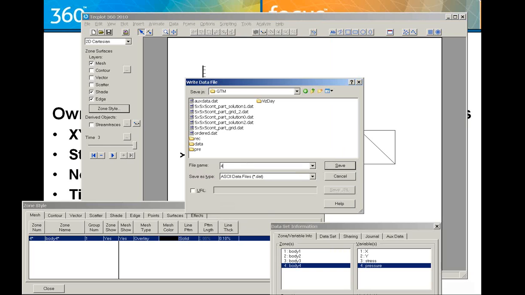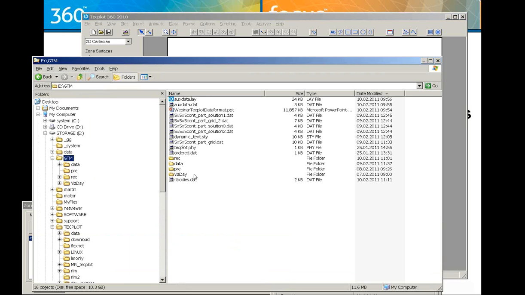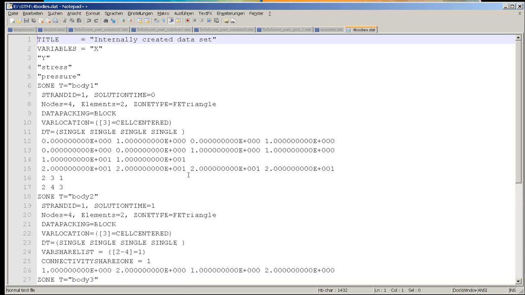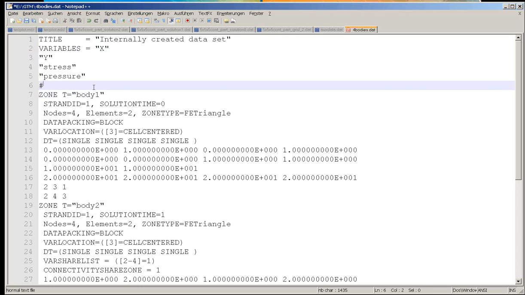So we have 4 bodies, and let's take a look here into the dataset. 4 bodies, and what we see here are different entries in the dataset. So the first 4 lines here are the so-called file header. It starts with title, of course. You can put some other information here. Then you have the variable names, and then you see here, this is our first zone, body 1,